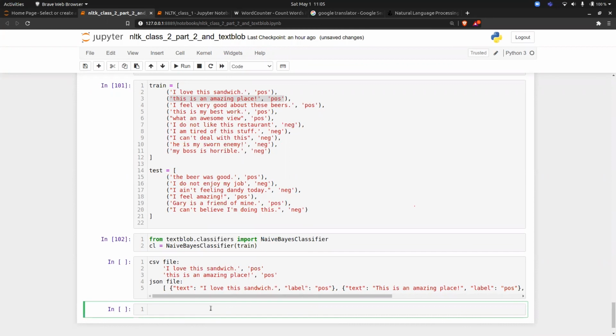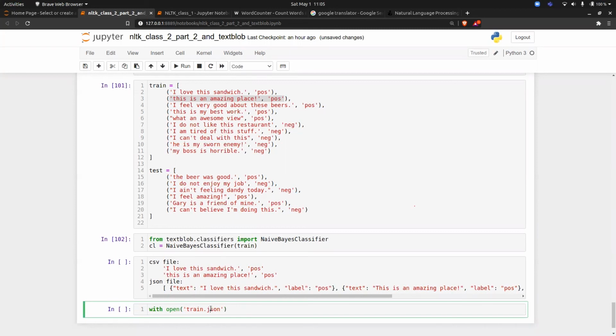How to do that? For CSV it is read CSV, but suppose you are not using pandas. With open, yes. So with open and the JSON file name, suppose there is something called string.json.